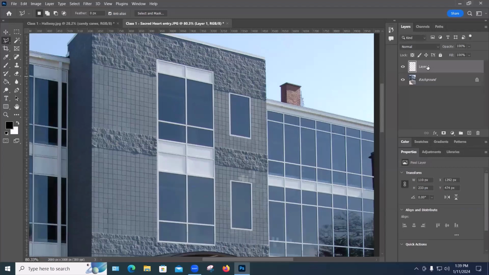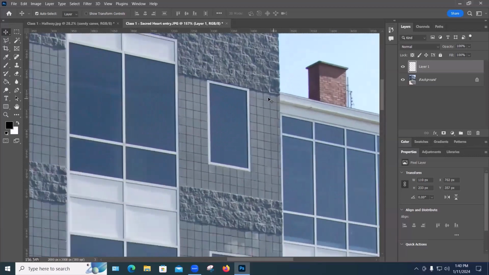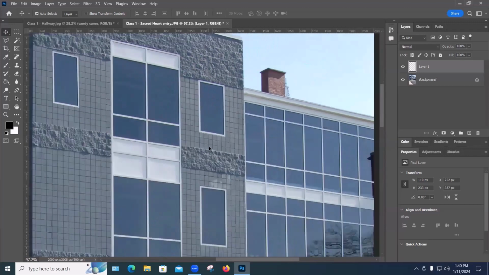And so we have a new one right on top of the old one. It makes it current by default. I'll go to my move tool and then move that over to here. And because this wall is closer to us, the tiles are marginally larger. So we're going to have to resize this as well. And if we see that this has 4 full squares here and 4 full squares here, and 3 up from the bottom,